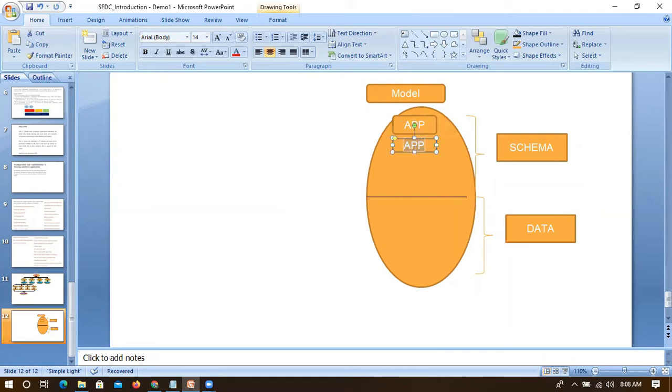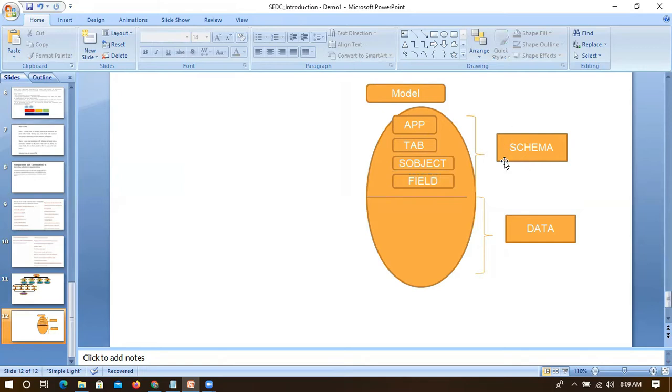Tab, and subject, which we call an object. And then field. These all come under schema.